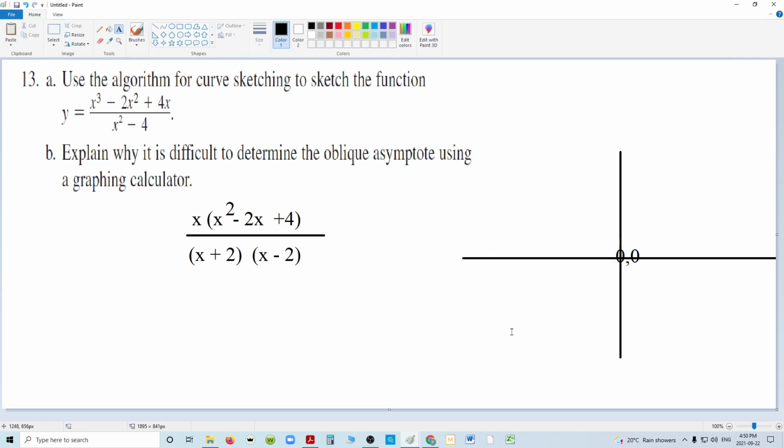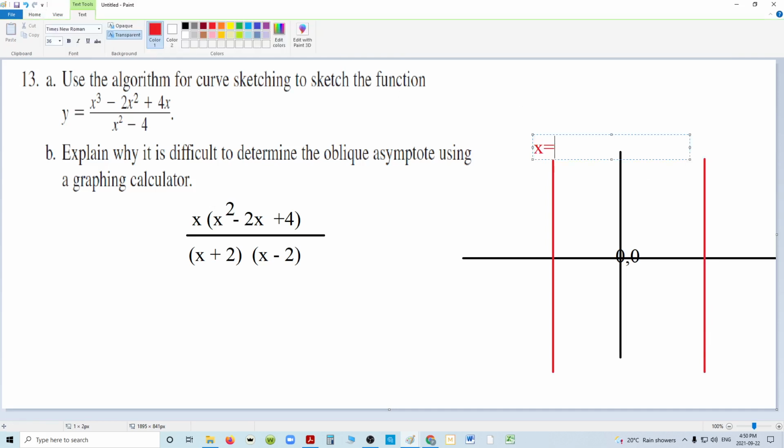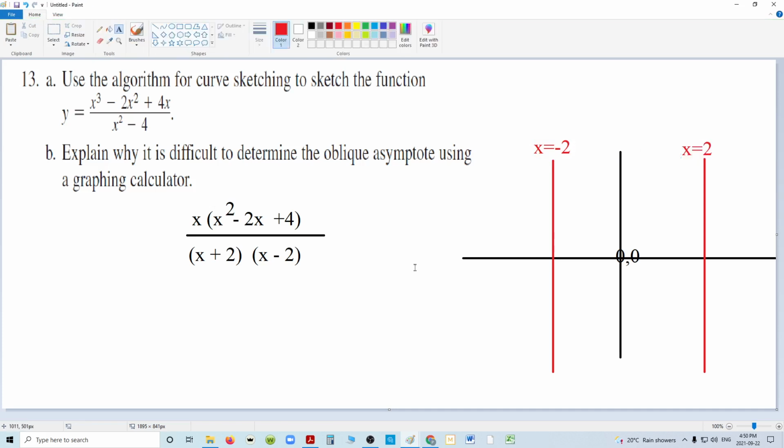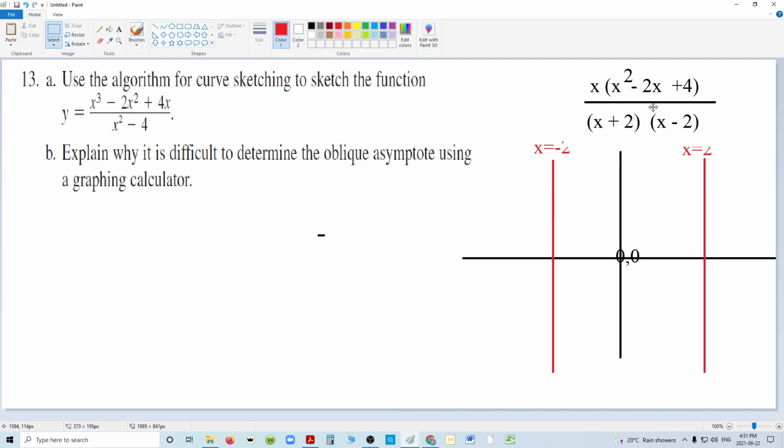Okay. And then I can say it also has a vertical asymptote here and here when x is 2 and minus 2. Now, I know that it's going to have an oblique asymptote because this is one higher than this. So if I take, and I'm just going to take this and put this over here somewhere. If I take the top and divide long division style by the bottom, I get x here,